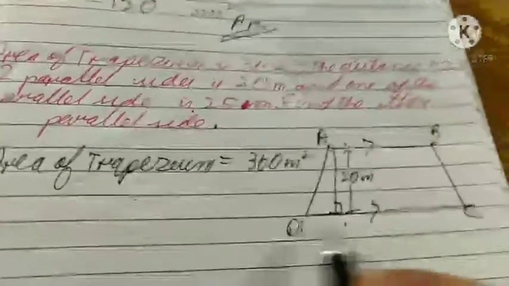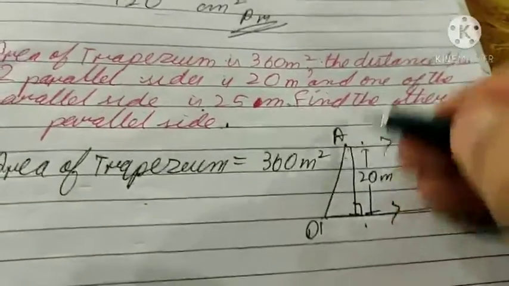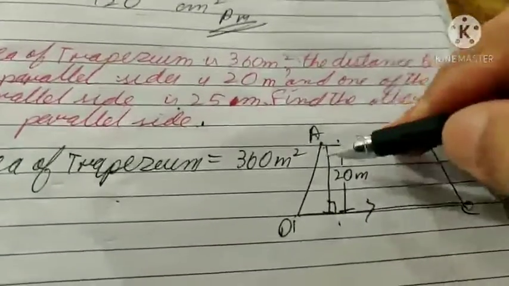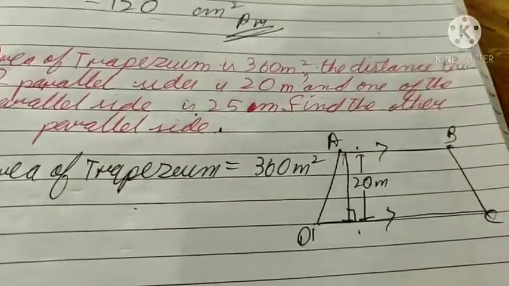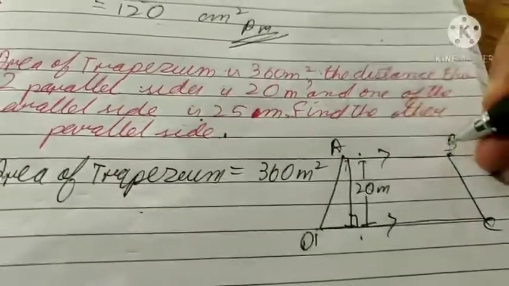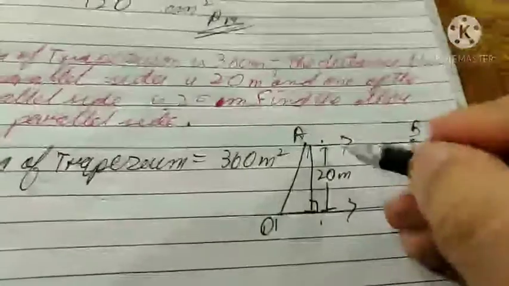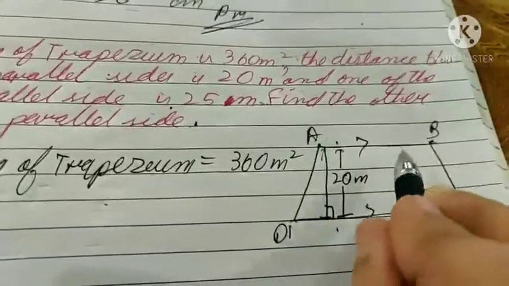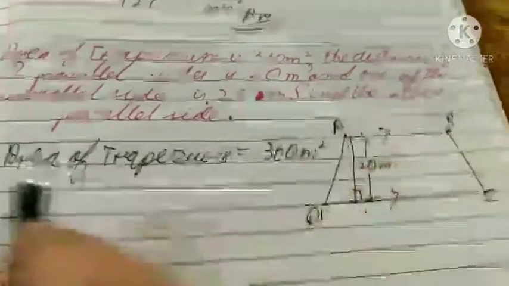Between AB and DC, these are the two parallel sides. Look, these are not the parallel sides. When they proceed further, they will come and meet at a point. This will go this way and this goes this way. It will meet at a point somewhere here. So only these two are the parallel lines. When they are constructed further, they will never meet. So these are parallel lines.